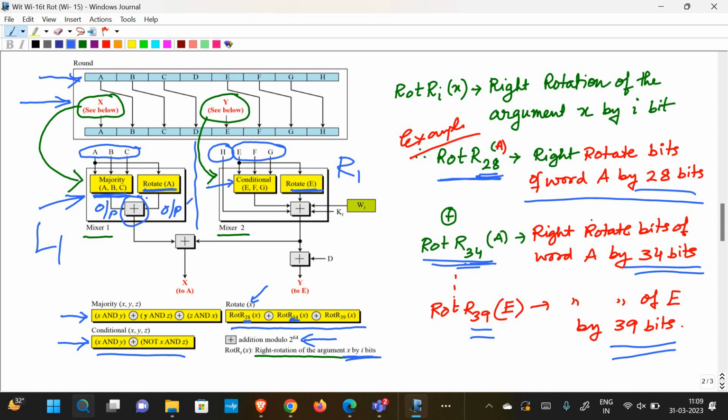mixed. Alright, so both the output of L1 and the output of R1 again get a modulo addition of 2 to the power 64. And finally we are getting an output over here, and another output over here, and these outputs